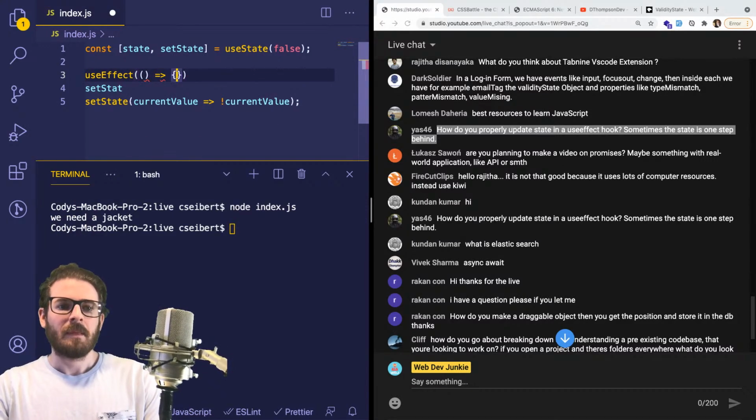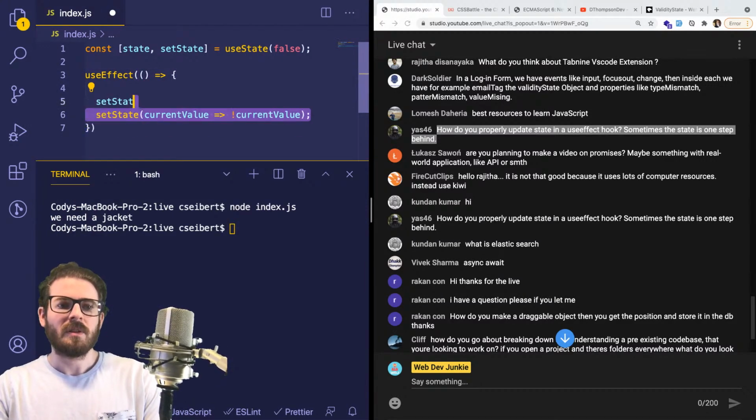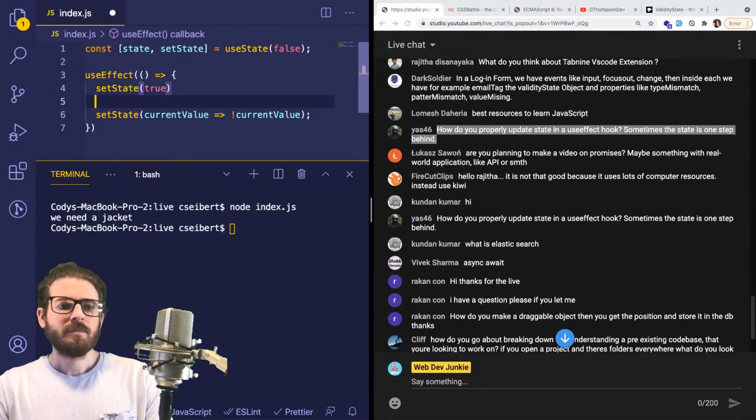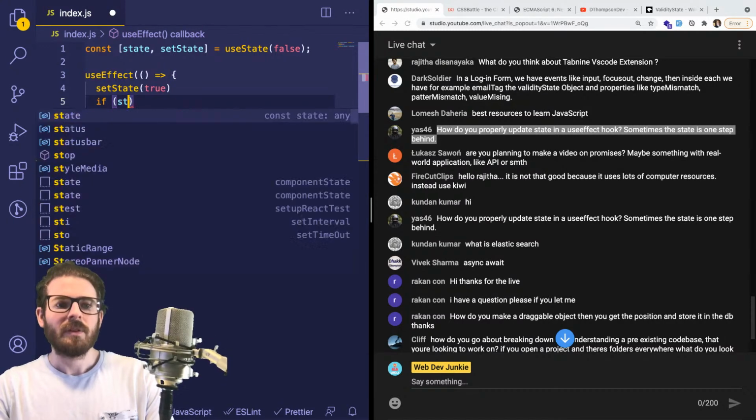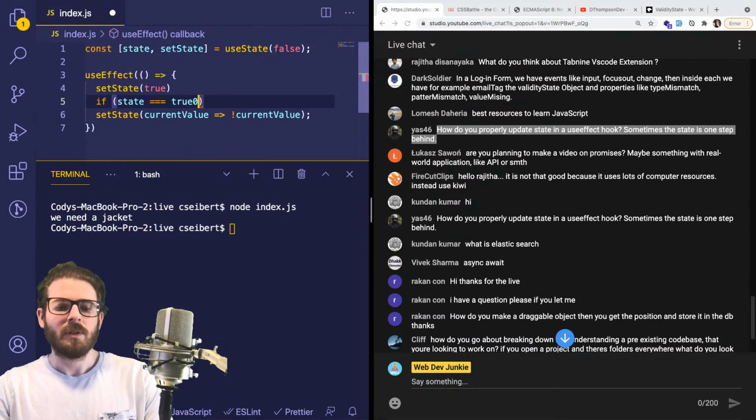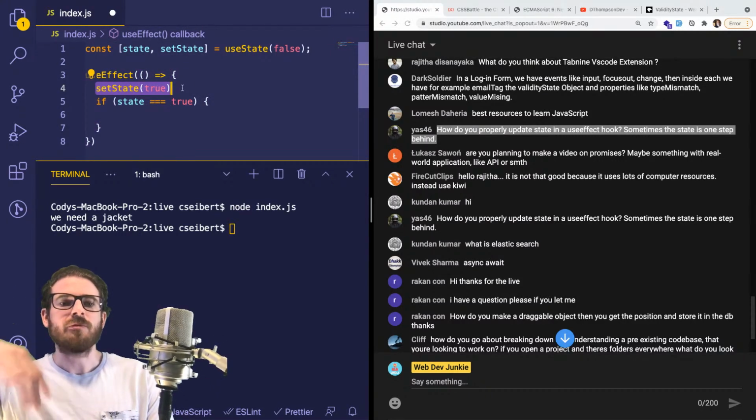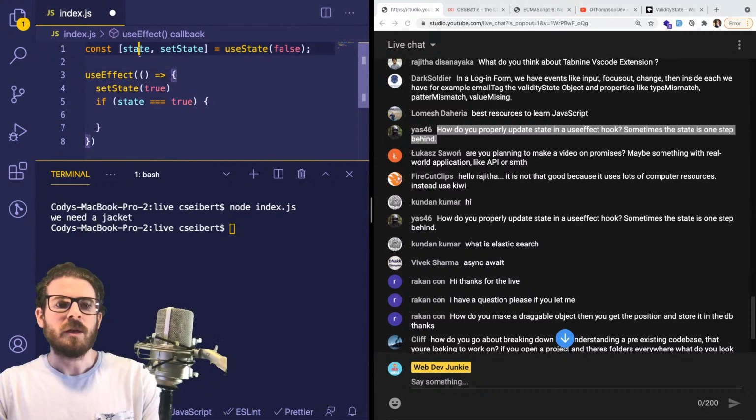Something like this. I'm just pseudocoding right now, but if you were to set state and call it true, and then down here you said if state is true, do something, this is not going to work, because this doesn't update until React re-renders the component. Okay, so usually what you've got to do is